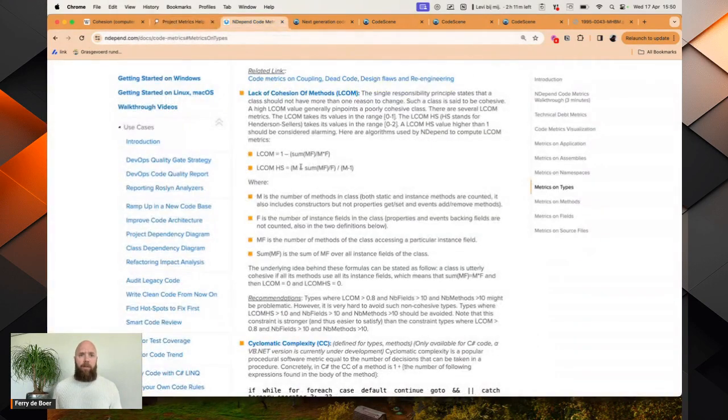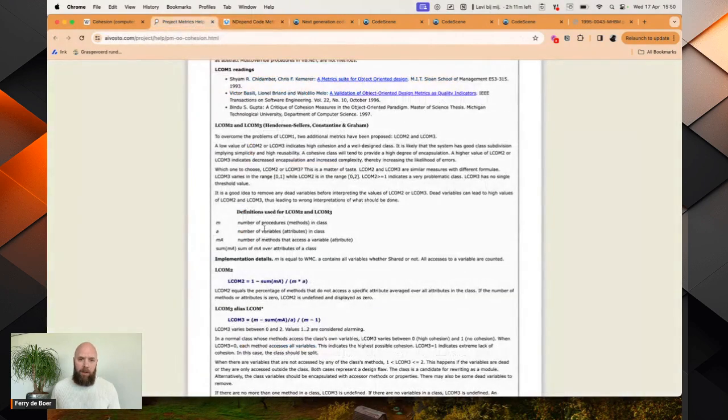They have the same formula here. See, outcome 1 is 1 minus the sum of the method fields divided by the methods times the fields, which is this one. It's just a different definition, but it's exactly the same. So I wasn't aware of this. This is a good disambiguation of which one is which,